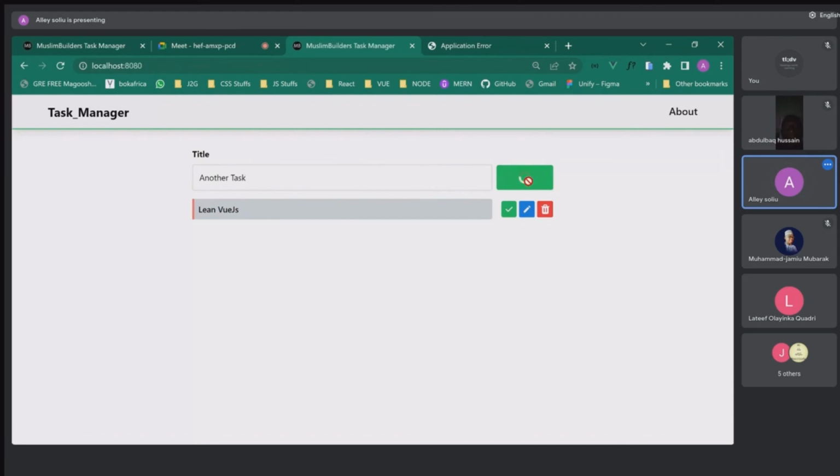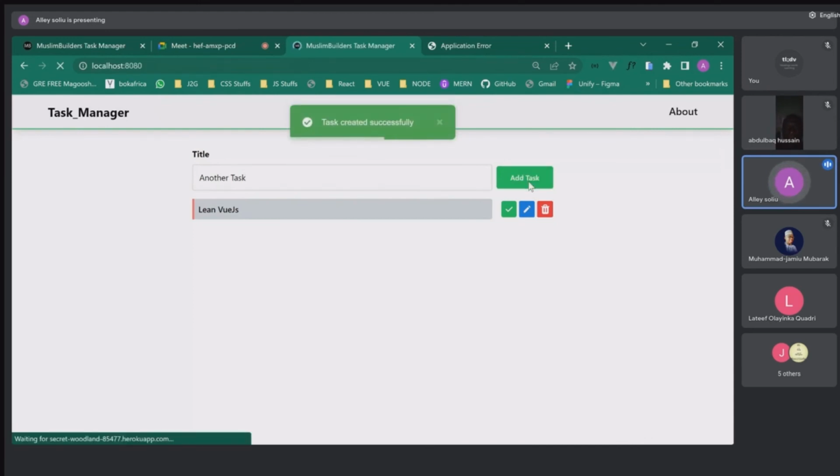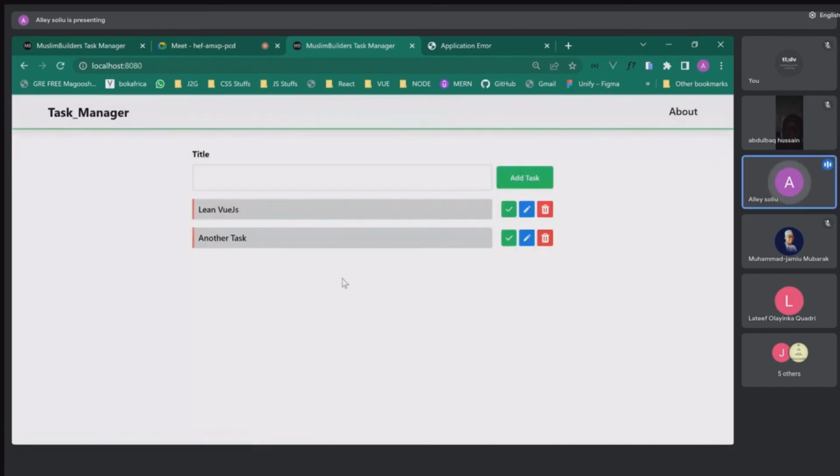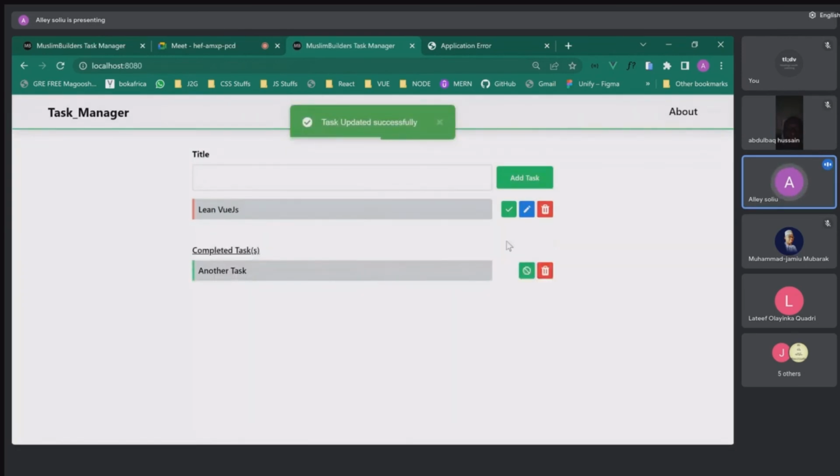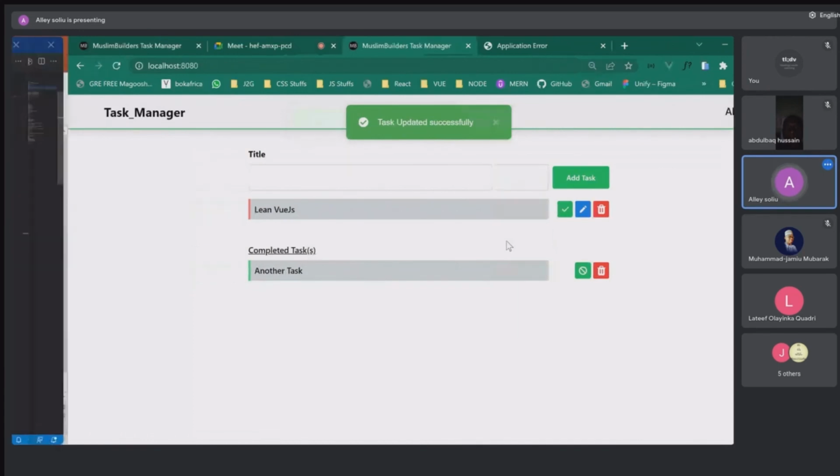Okay. Another task. We can see that our task will be loaded to the page now. We can see that we have our new task here. So we can tick this task and put it in our completed tasks. That is where we have our completed